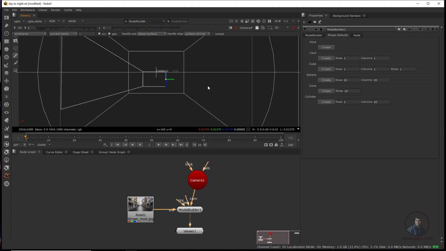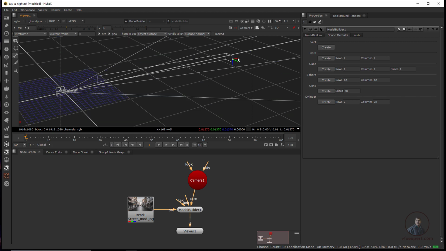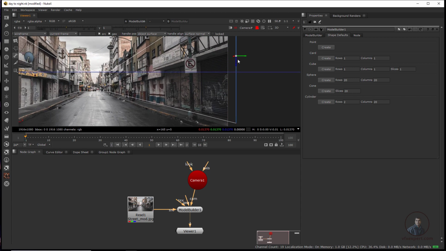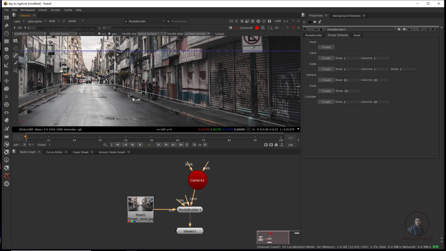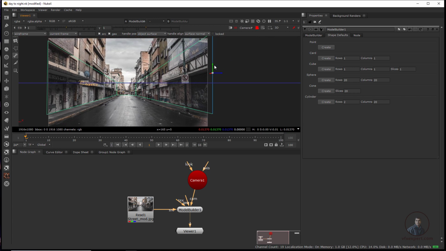Now you can adjust from here in perspective view. Again press F, so you can easily see. Just select and move like this. Now again lock the camera here. Now easily from here you can see. Now we have to manage it here like this. According to your footage you have to manage. I think select this one and adjust a little bit like this. You have to adjust according to your perspective and according to your footage.